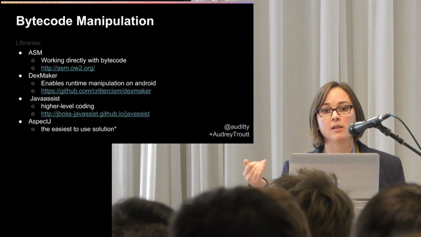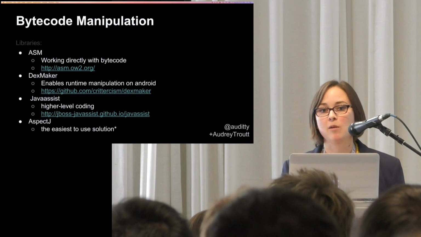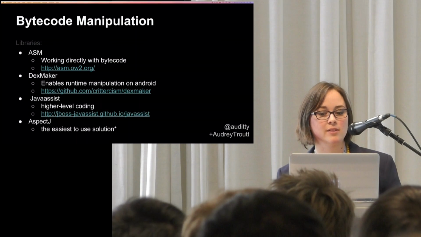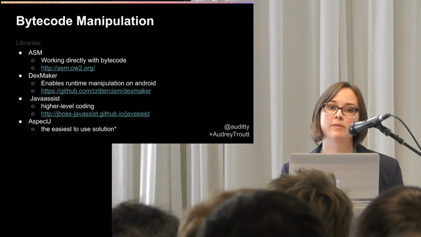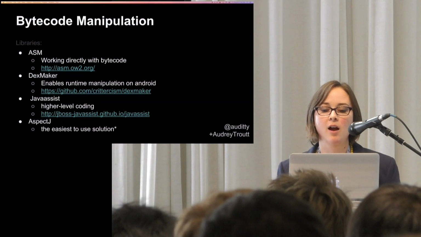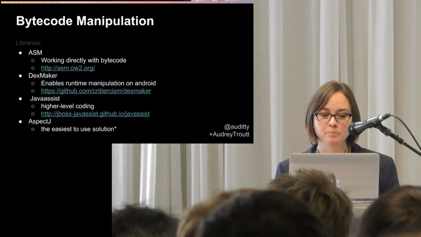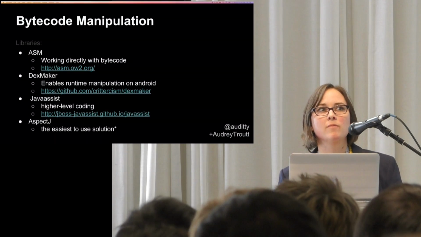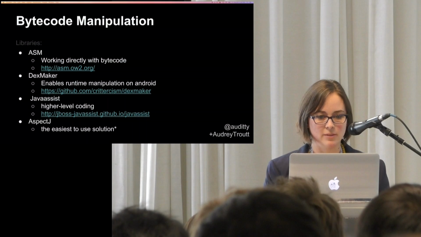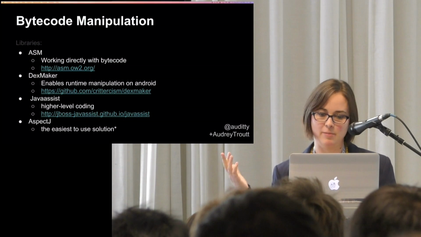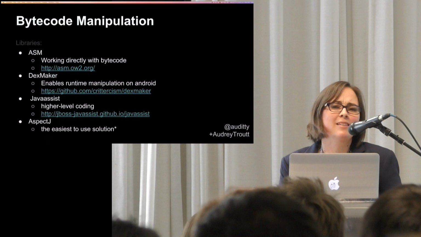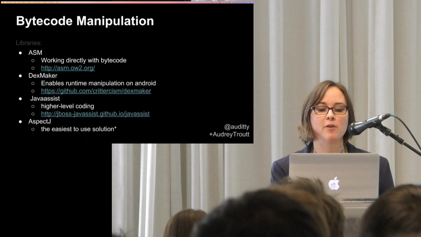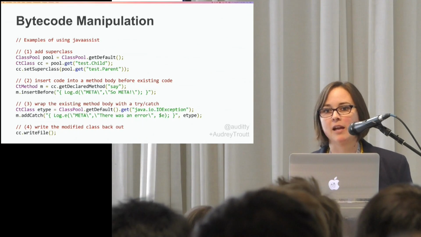Javassist is a little bit higher level. The code that you're writing looks a lot more familiar. It looks like Java code. And yesterday, I learned that Realm is using Javassist and Morpheus, which is a Gradle plugin that makes it possible to do some of the cool work that they're doing. And finally, at the highest level, the most familiar looking code probably to Android developers is AspectJ. This is arguably the easiest to work with. I'm going to show you an example a little bit later, but first,